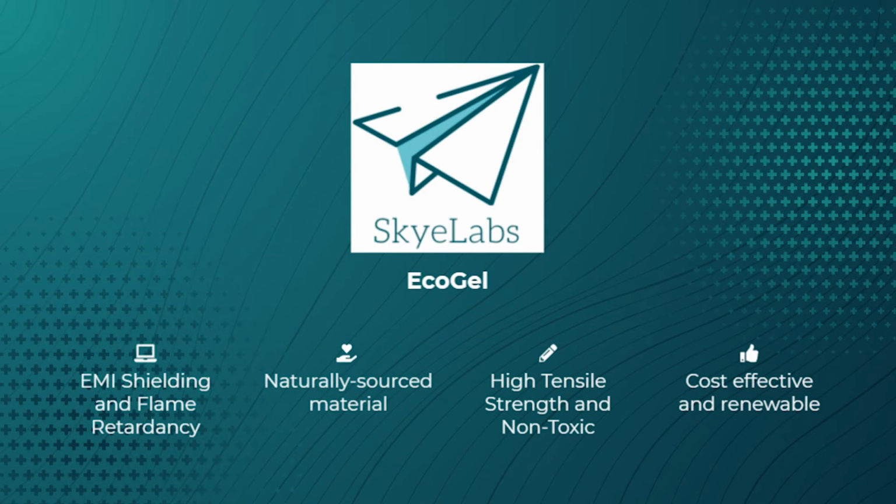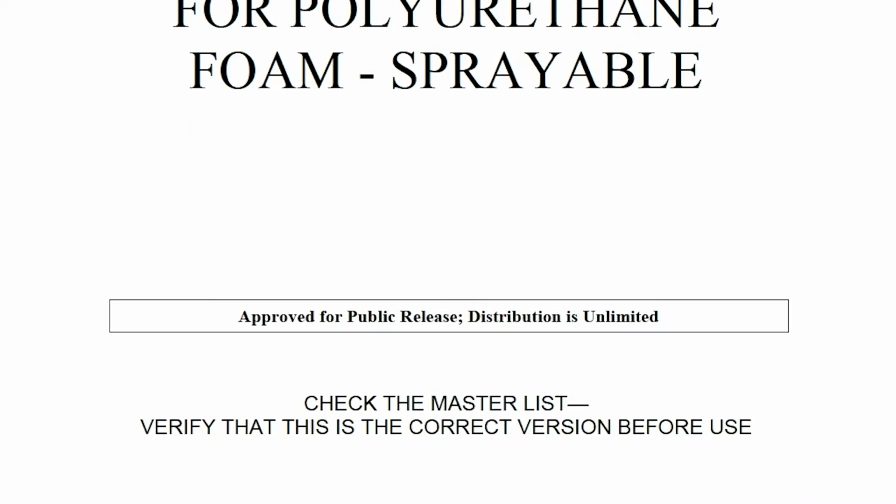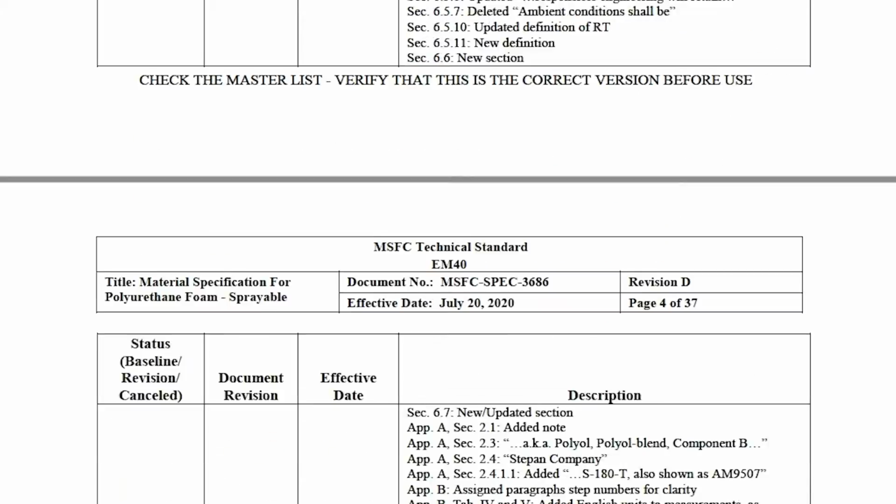While current aerospace companies purchase separate materials for insulation, EMI shielding, and flame retardancy, EcoGel supplies a solution with all these properties in one product, all at a competitive functionality. Unlike polyurethane foam, which has an unforgiving production process and requires on-site manufacturing, EcoGel can serve as an accessible insulation